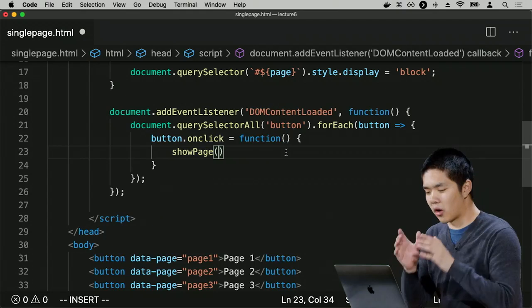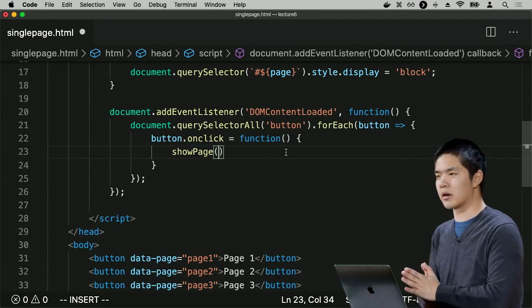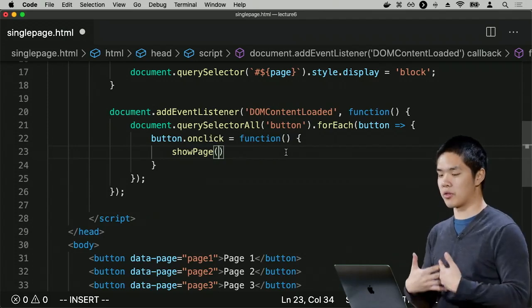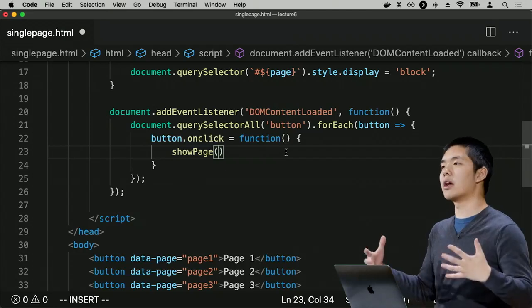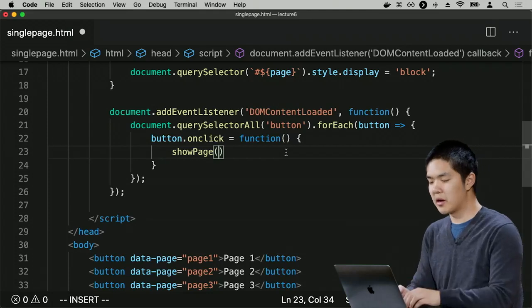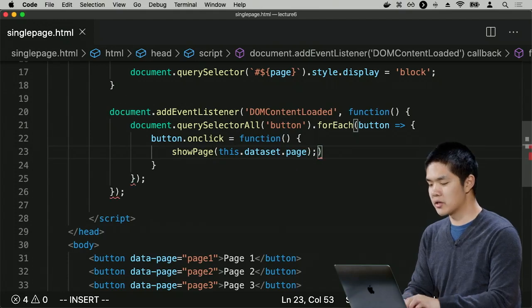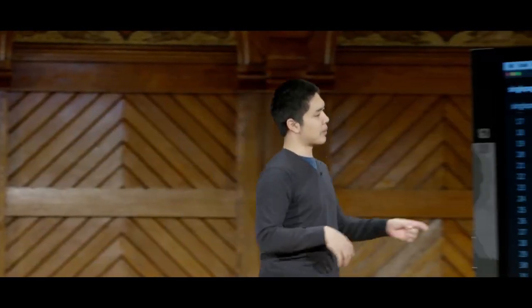And to get it, the current button, the button that has been clicked on, recall that when we're inside of an event handler, we can take advantage of the JavaScript keyword this, which refers to whatever element has received the event. So whatever button in this case that was clicked on. So I can say this.dataset.page to mean that, all right, for each of the buttons, when the button is clicked on, we're saying button.onClick